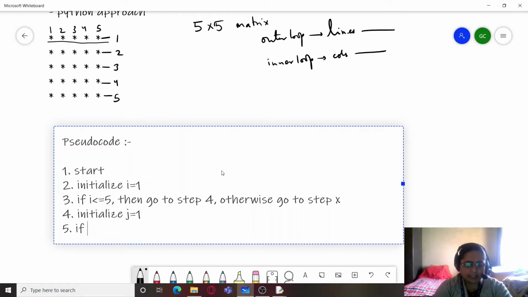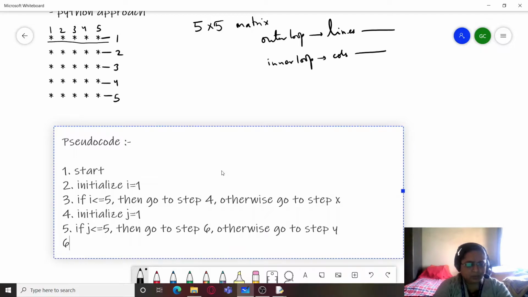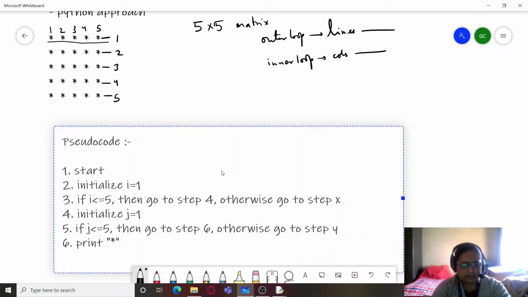So I will write, if j is less than equal to 5, then go to step 6. Otherwise go to step Y. We don't know what is Y yet. So here it will be print asterisk sign.